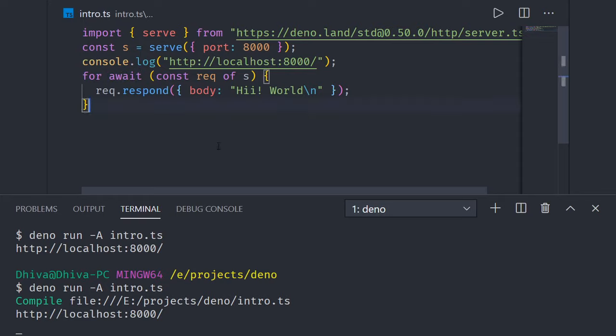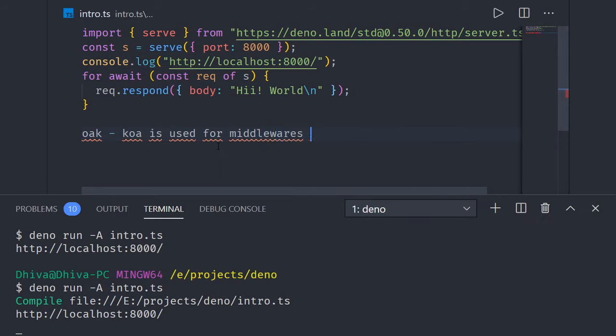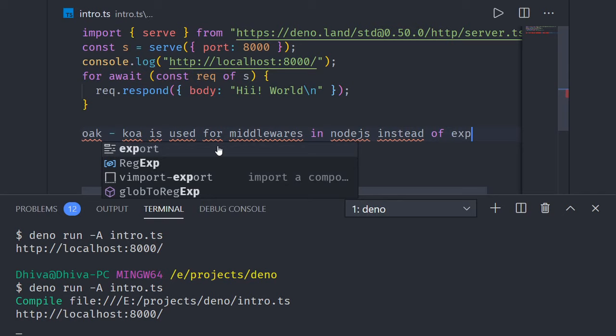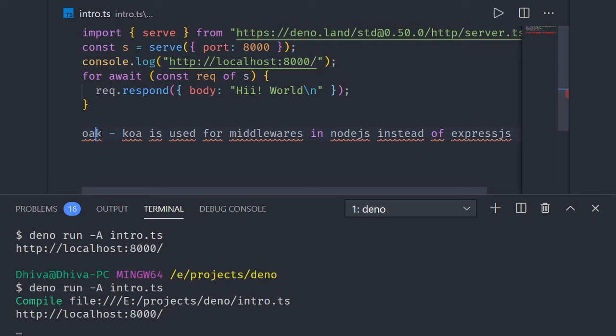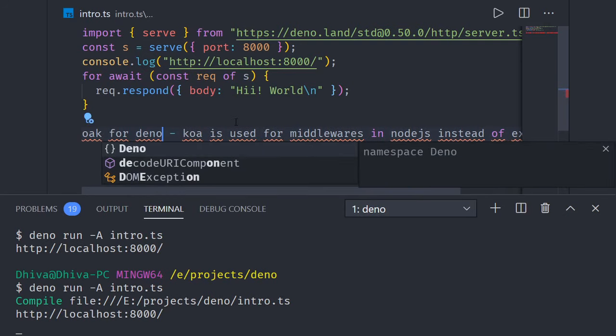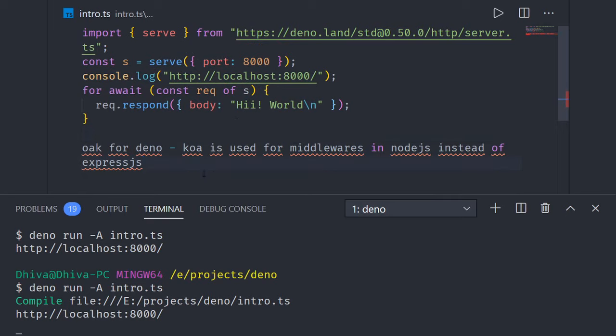And there is a middleware called oak, an anagram of Koa. Yeah, Koa is used for middlewares in Node.js instead of Express.js, and oak is also like that, but oak is for Deno, right? Oak is for Deno. And okay,